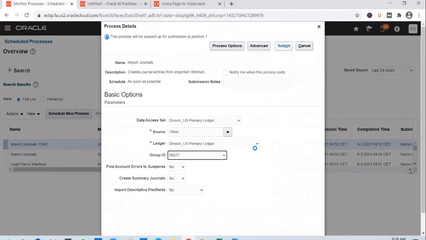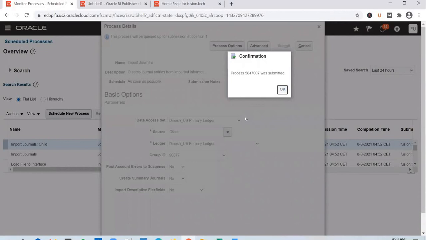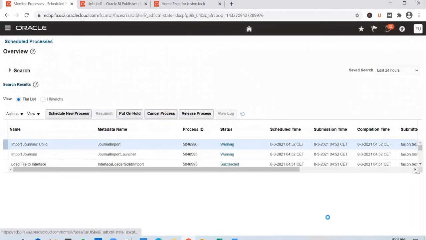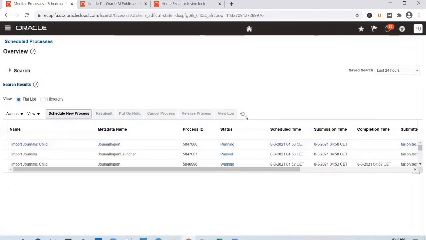Select the same group ID and rerun it. And you should see that the journal should get created now. It's completed and completed successfully.